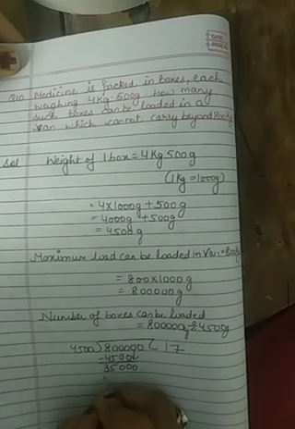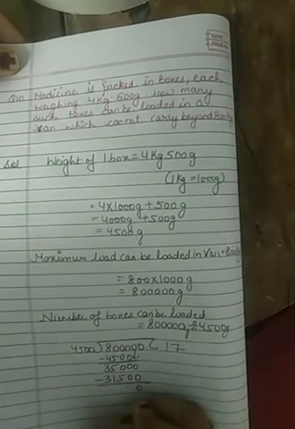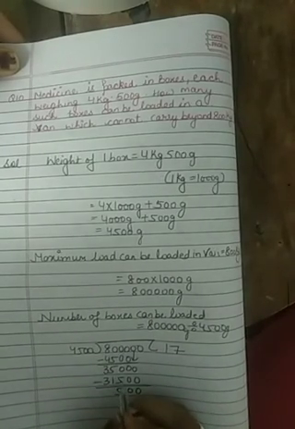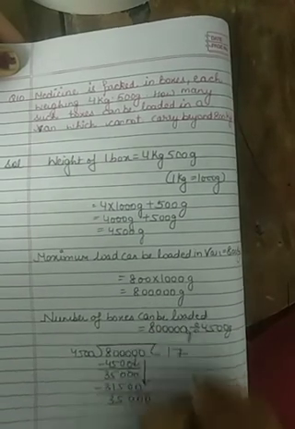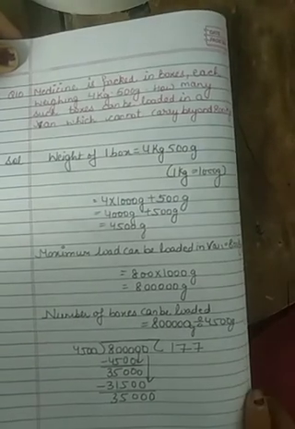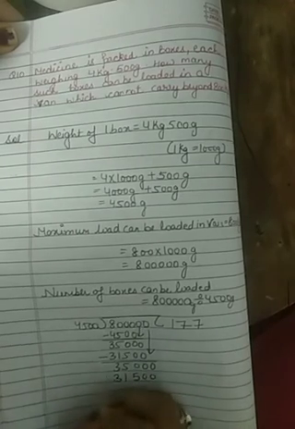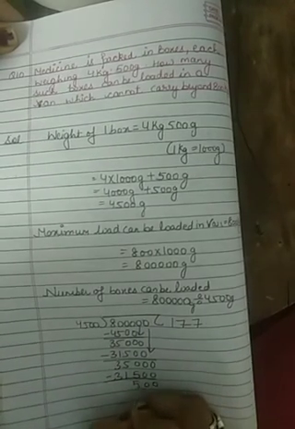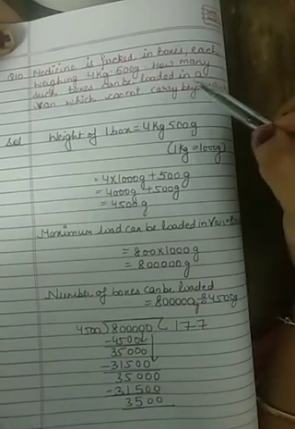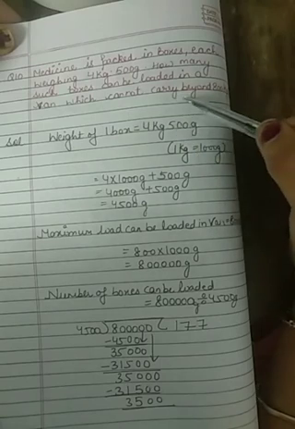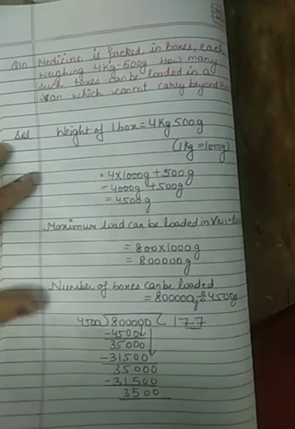Now take 1 0 down. 7s are 31500, minus them, 0 0 5 3. Again 35. Again take 0 down. 7s are 31500, minus them, 10 minus 5 is 5, 35. Clear? So how many boxes can be loaded in a van which can't carry beyond 800 kg? That is 177 boxes. So you write